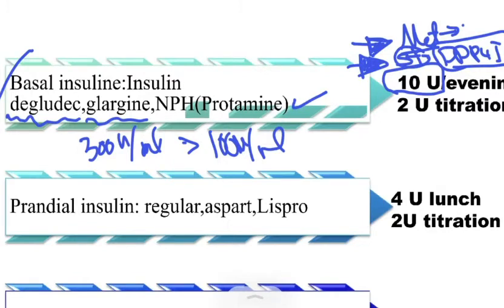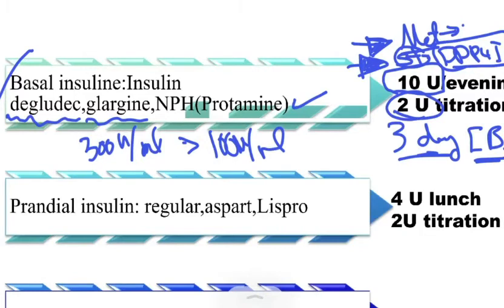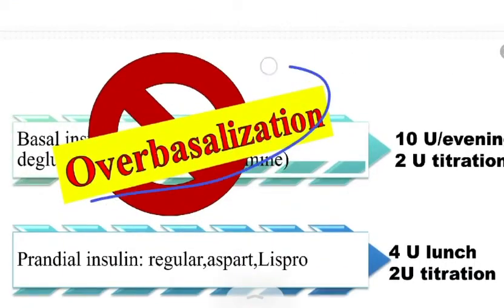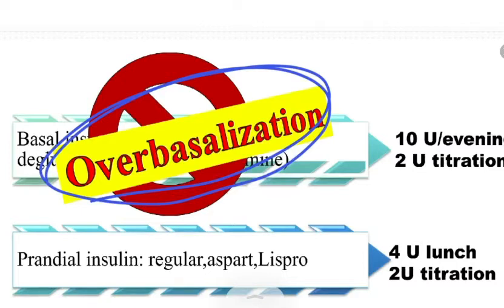How will we titrate insulin? We will titrate insulin every 3 days by checking fasting blood sugar. If it is outside the range, we will titrate by increasing the dose of insulin by 2 units till we reach what we call over-basalization. What do we mean by over-basalization? Over-basalization is when the dose of basal insulin